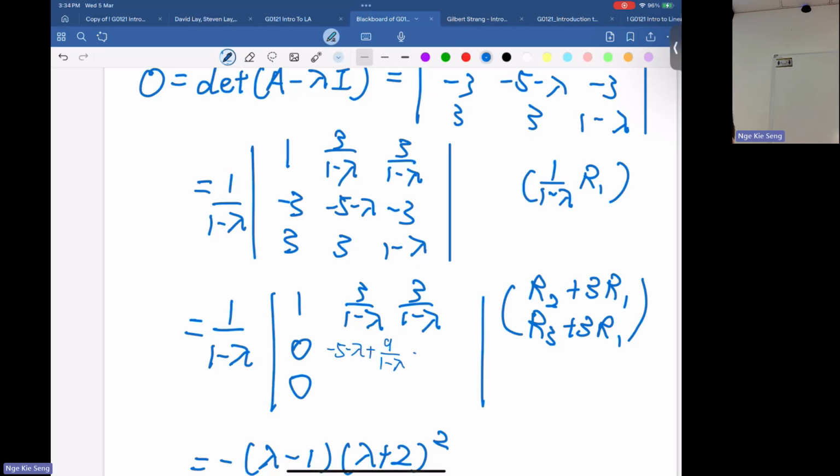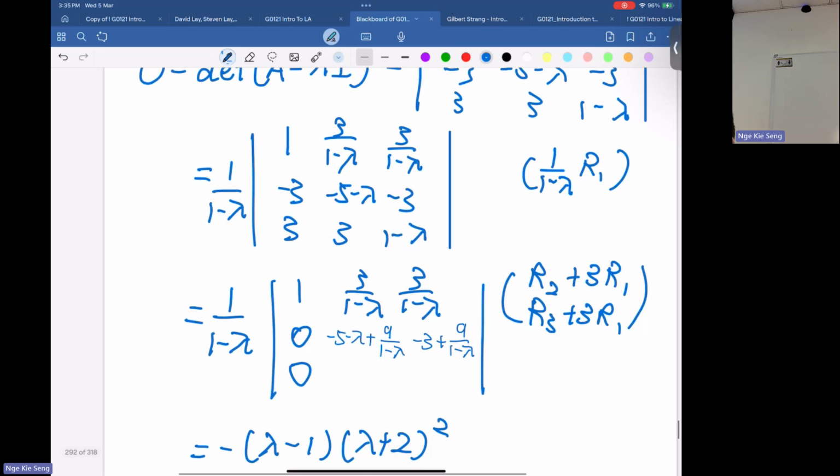And then minus 3 plus 9 over minus lambda. And then 3, so here we should use minus instead: 3 minus 9 over 1 minus lambda. And then 1 minus lambda minus 9 over